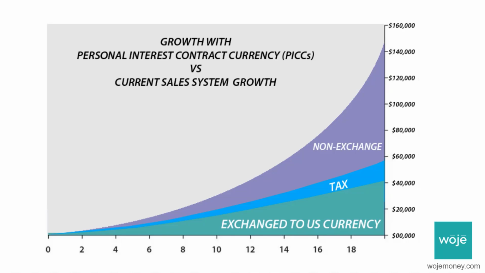So here's just an example of the growth that you can do. Now, if you look at the green and the blue, that's the regular way that businesses usually function, and that is cash in, cash out. The green is the income that's coming in. We just did it on a small scale for a solopreneur, a handyman or something that's really small. And if you look, the taxation expands as the currency expands.